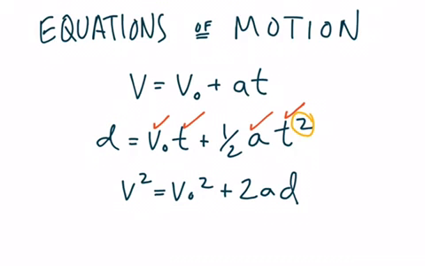Now you hear me talking a lot about displacement, distance, speed, velocity. I'm kind of using these terms interchangeably. And you know what? It's fine. You can use them interchangeably as long as you're headed in the same direction the whole time. In other words, if I'm always headed to the right, then it turns out that this displacement can also equal distance. However, if I'm moving to the right and then over that same time interval I start moving back to the left, now this